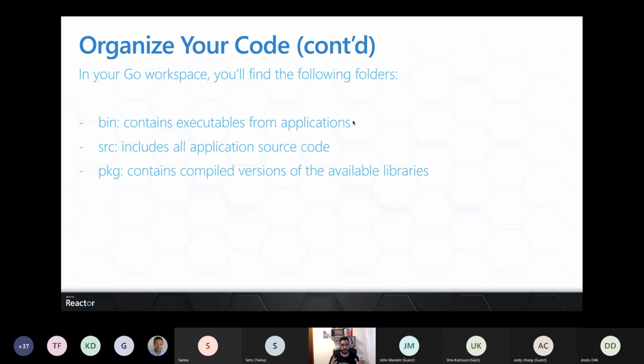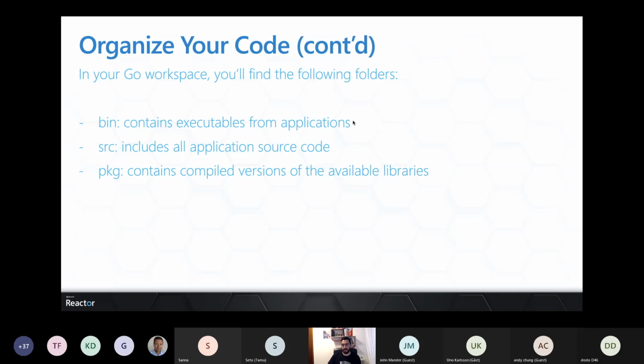folder is going to contain executables from applications. That's going to be tooling, things that you might need for libraries or extensions, things that you would like to install in your workstation as an executable from a Golang application. The SRC or the source folder includes all the application source code. The package, the PKG folder, contains compiled versions of the available libraries. This includes the external libraries that we're going to be having for